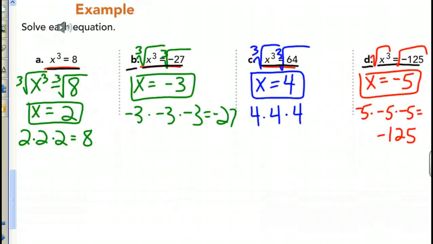Okay, you should have gotten these answers. For A, you should have gotten x equals 2, because 2 times 2 times 2 equals 8. For B, you should have gotten x equals negative 3, because negative 3 times negative 3 times negative 3 is